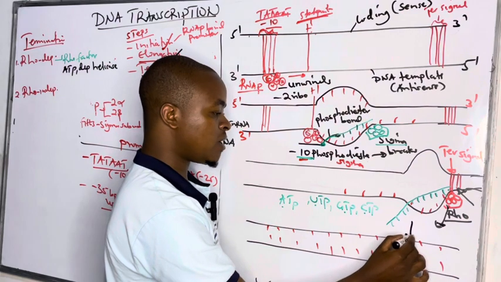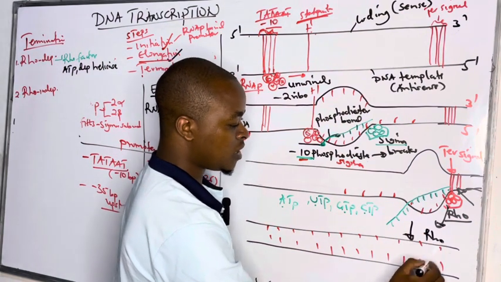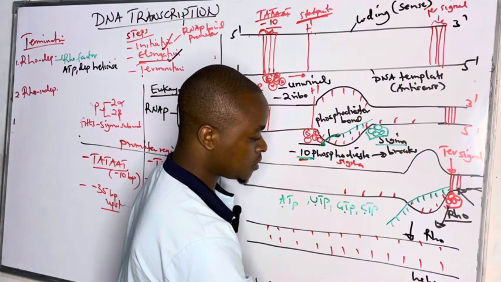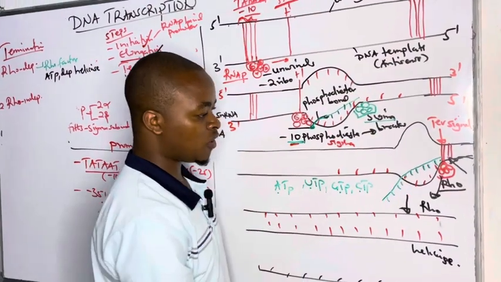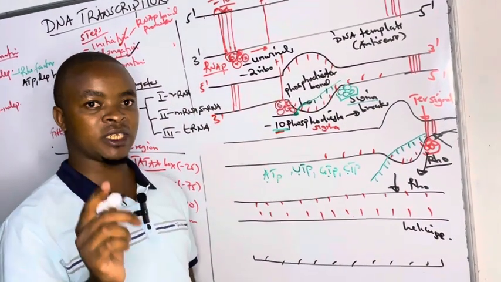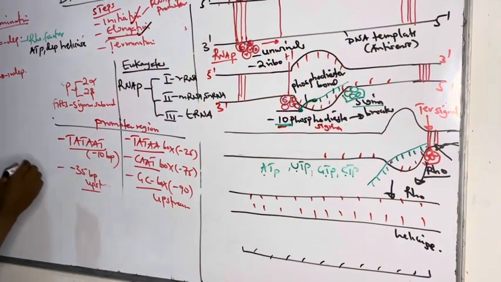So we see here we have already terminated in the presence of rho factor. Rho factor utilizing helicase, which depends on the ATP to displace or to remove the core enzyme. That is mechanism number one of termination. And mechanism number two,